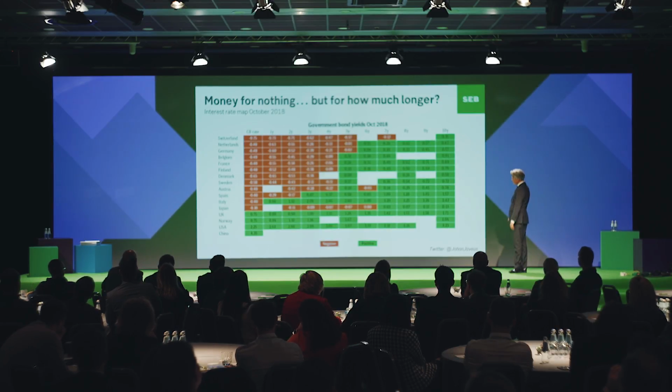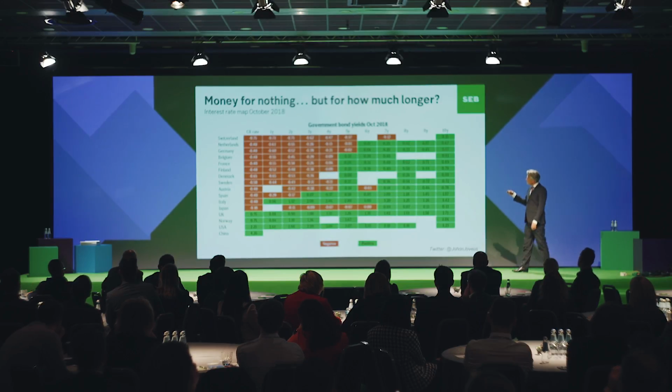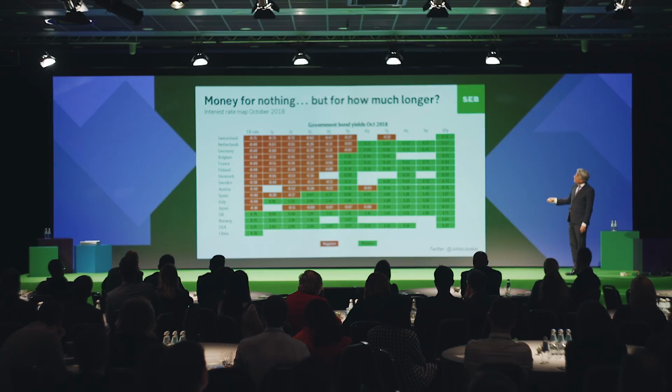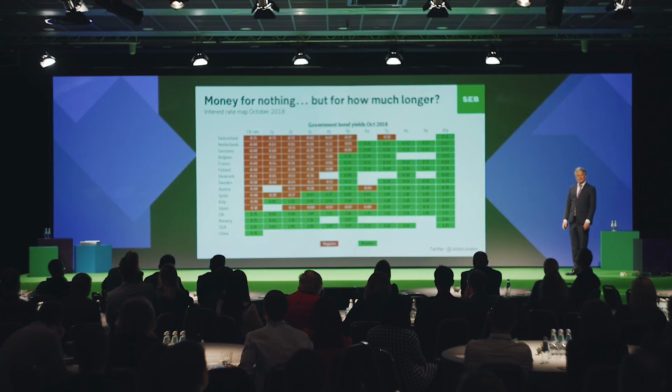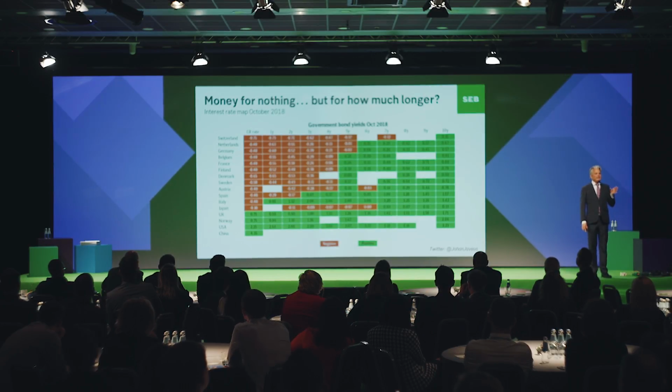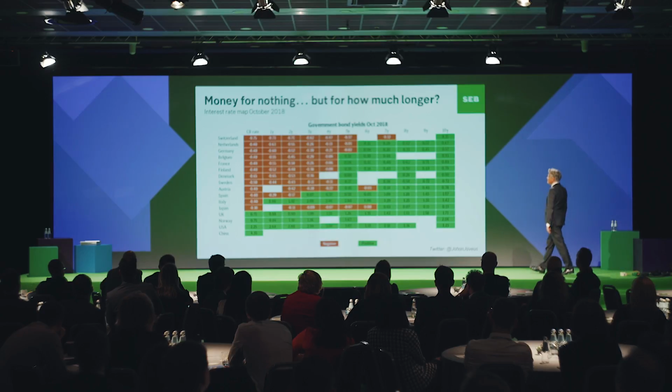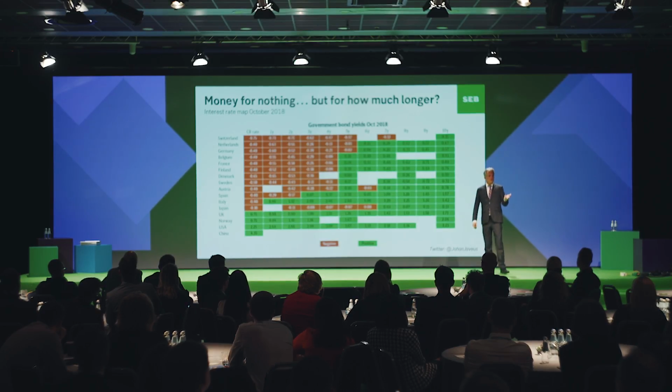Negative interest rates. This is how it looks today, or basically yesterday. All the red squares here represent negative interest rates. Latvia is not included here, but I looked it up, and your finance minister can go to the market and say, I want to borrow money for 3 years, and the market will tell your finance minister, okay, we will pay you 20 basis points for the privilege of lending you money.